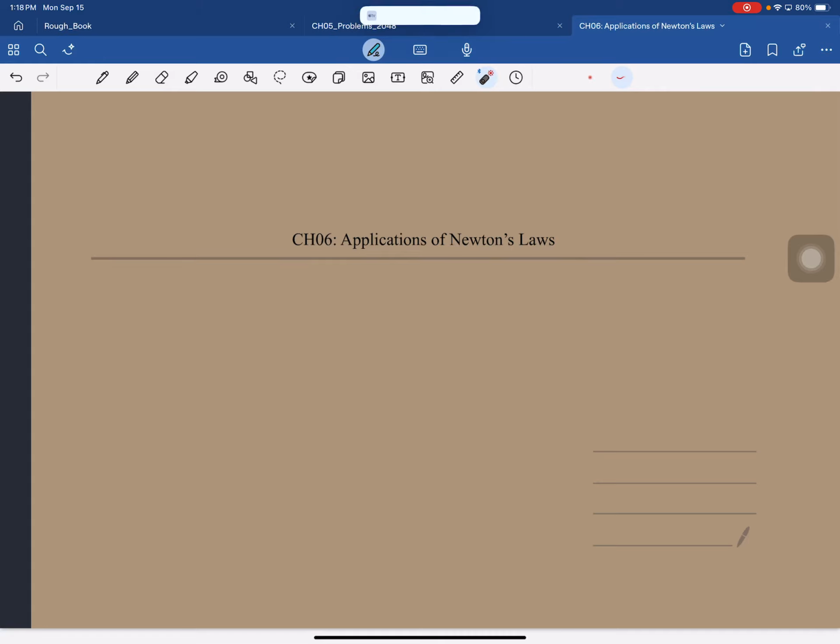Okay, so this is chapter 6. We will look at applications of Newton's laws. And again, the second law is force equal to mass times acceleration. The first law is a special case of the second law. The first law says if the force is zero,